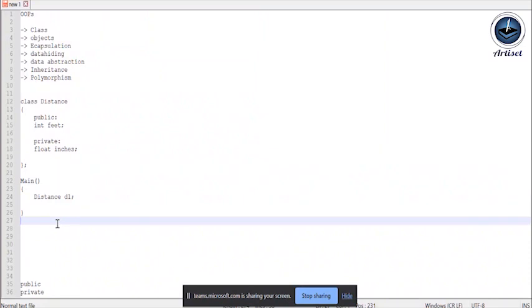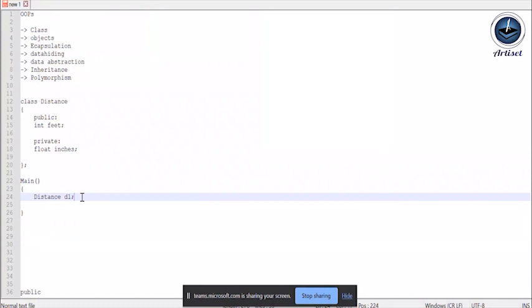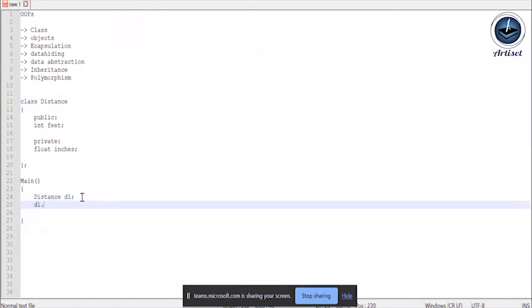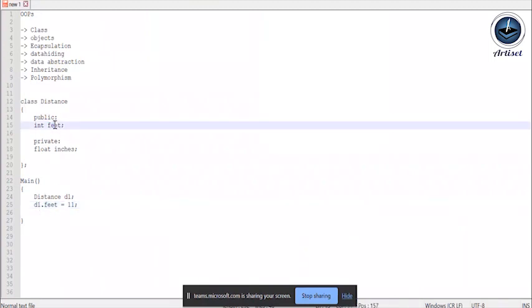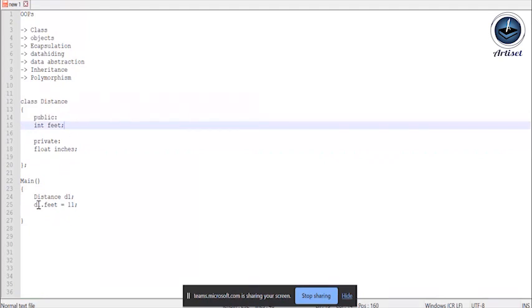type. In a 64-bit system, an integer is 4 bytes, and a float is 4 bytes. So whatever system we are using, based on the size of the data type, it will allocate the memory, and we can assign a particular value to the variable. If I am assigning d1 dot feet, this dot member operator we use to access the data item of the class. You can see this is public, so we can directly access d1 dot feet equal